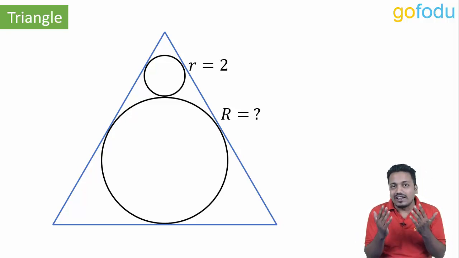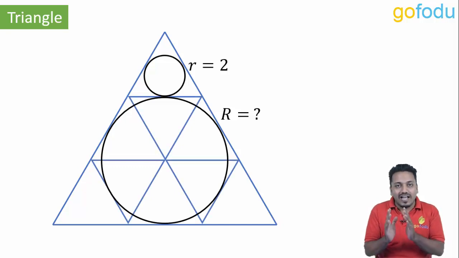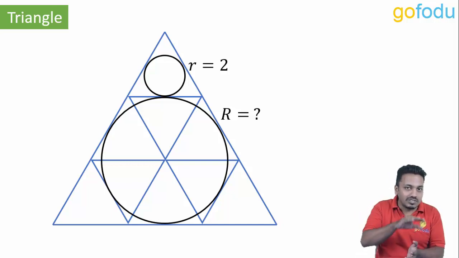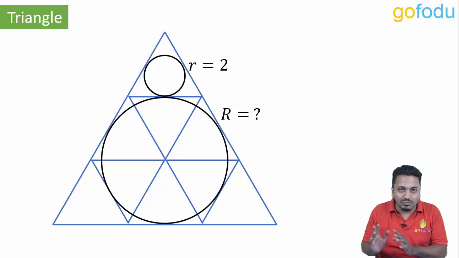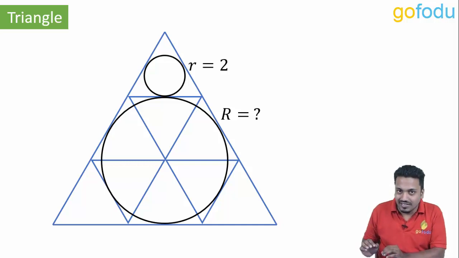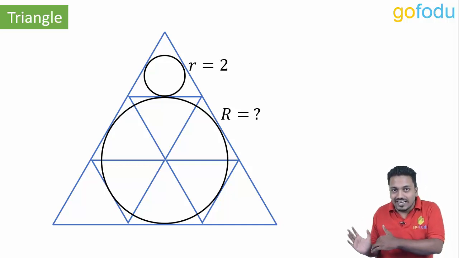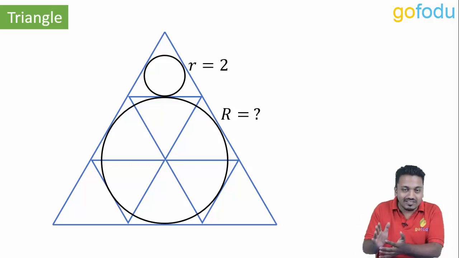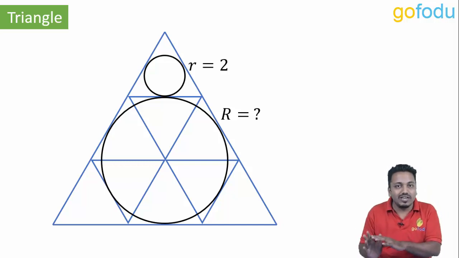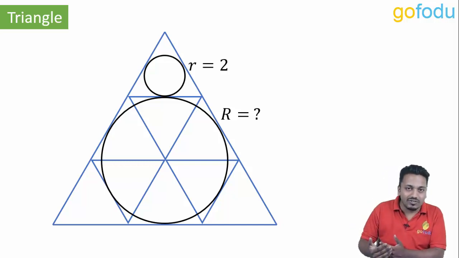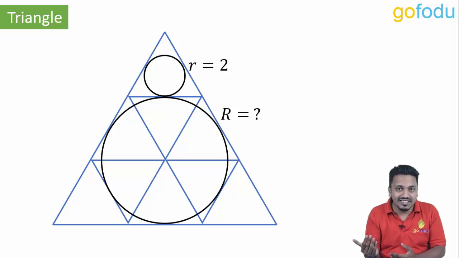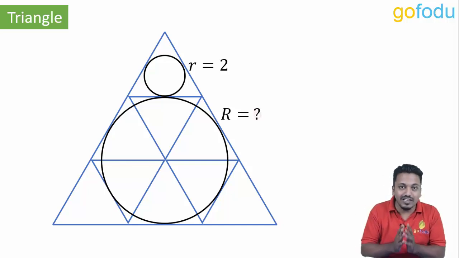Again, if we draw all the 9 triangles, we can see that the triangle circumscribing the smaller circle is scaled by 3 times to circumscribe the bigger circle. Look at the smaller triangle and the bigger triangle. Side of bigger triangle is 3 times the side of smaller triangle, as at the edge of bigger triangle there are 3 smaller triangles, right? That means the circle will also be scaled up by 3 times and the radius of bigger circle will also be 3 times 2. That would be 6 units.